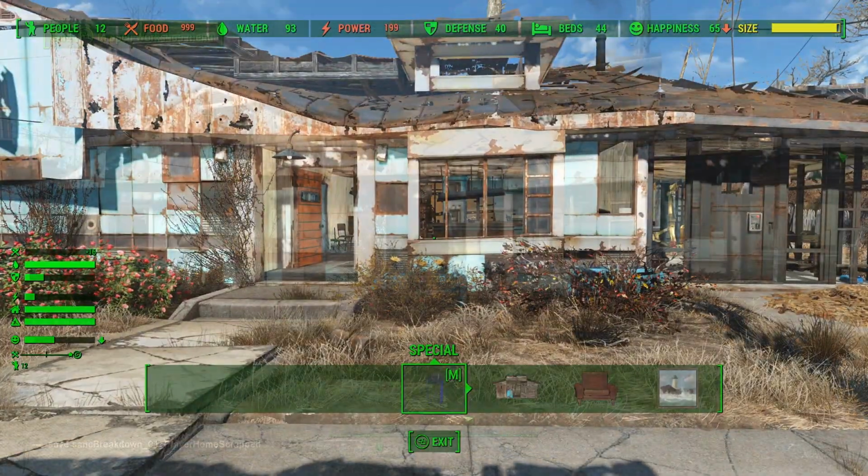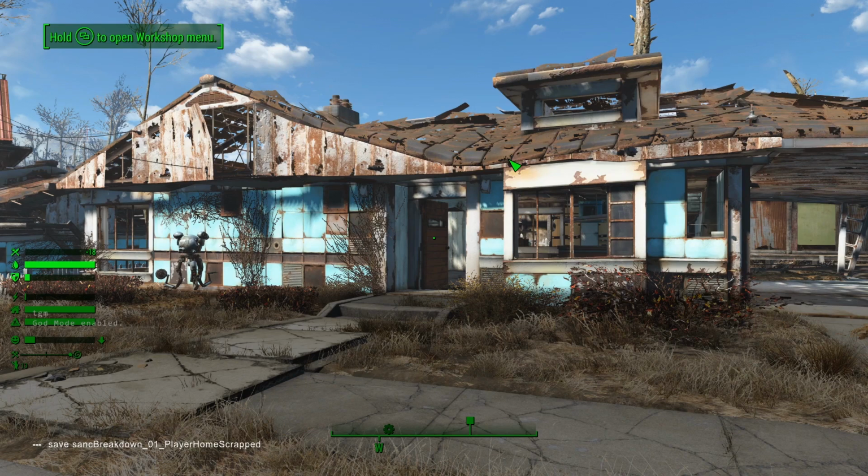All right, so I wanted to interject with one other idea that could be helpful in the long term, before you're actually doing your exports, after you've got everything scrapped. So right now I've got all my player home stuff scrapped. Make yourself a save file and use a number in it. The reason for this number will become more apparent as we get further into this process. But basically, each time I create a new one of these save files with another chunk destroyed,